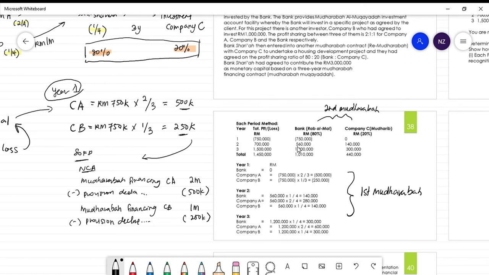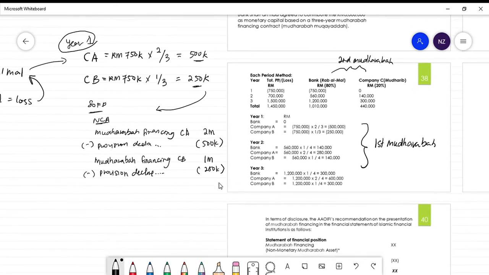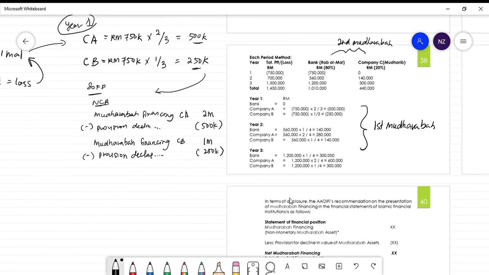Okay, so kita ambil 560k ni, kita times with dia punya ratio ataupun ratio yang saya dah highlight in yellow here. So when you times the ratio with the profit of the bank, dia dapat dia punya ratio here: 140 for the bank, 280 for company A and 140 for company B. Because this is the profit, you don't have to minus mudharabah financing dalam SOFP lah kan, sebab dia dapat profit. Now for year 3 pun sama, kita dapat profit